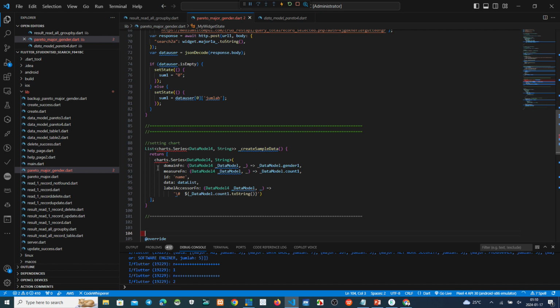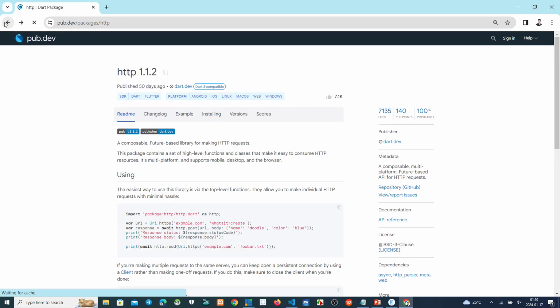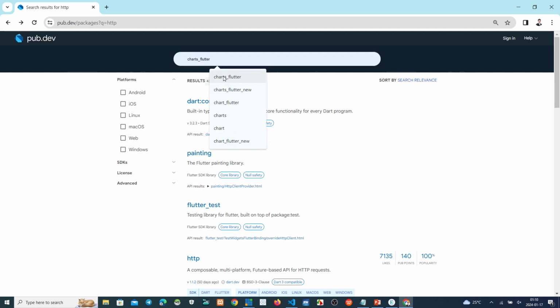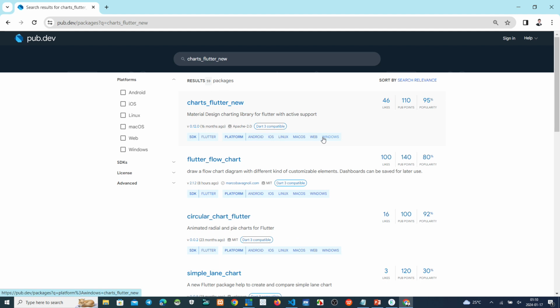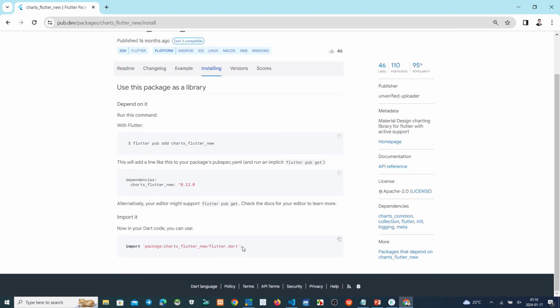Because we use the chart package from Flutter, we must download it here, chart new. This is how to install.